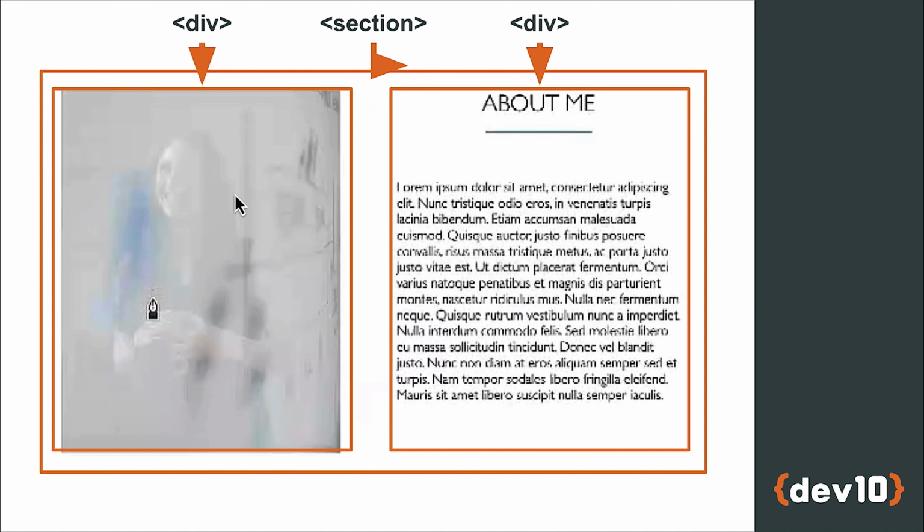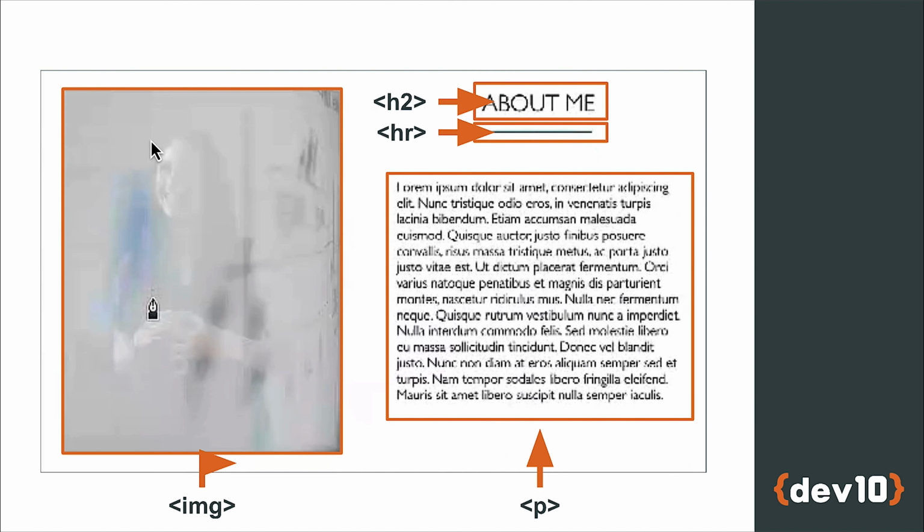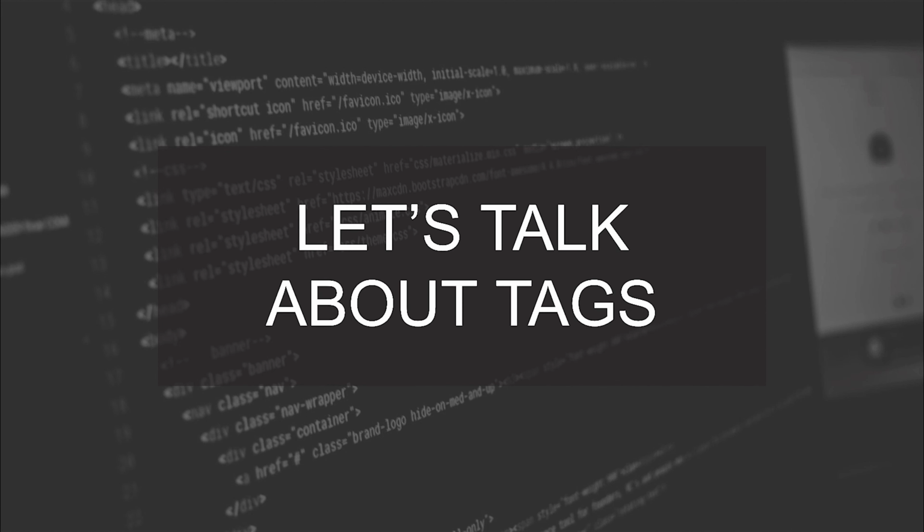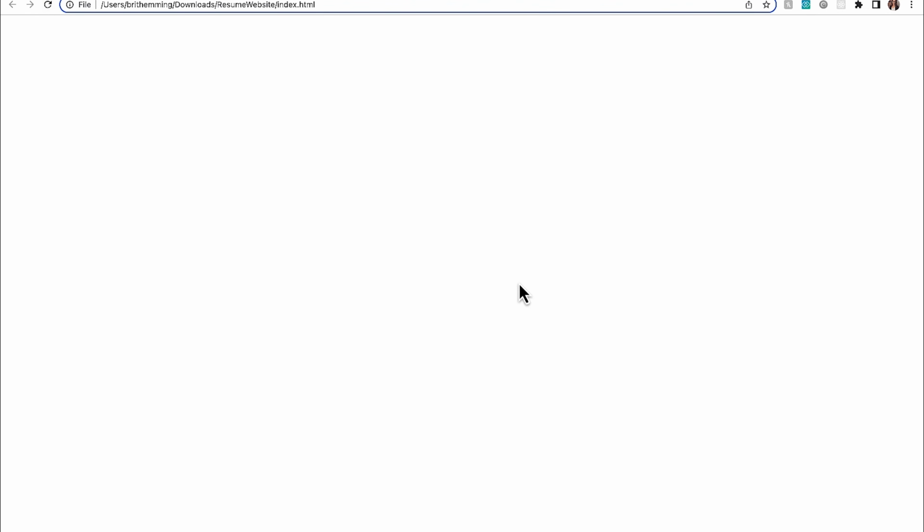And then we have the next section. So we have the About Me section. Inside of the About Me section, the whole section is a section. Inside of that section, we've got two containers, so two divs, one that's going to sit on the left side of our page and one that's going to sit on the right side of our page. Within those containers, on the left side, we have an image. On the right side, we have an H2, so a pretty important title. It's the title of a section. We have an HR, which is going to be this little line that goes underneath the title. And we've got a paragraph. And that makes up our two sections that we're going to build together. Okay,